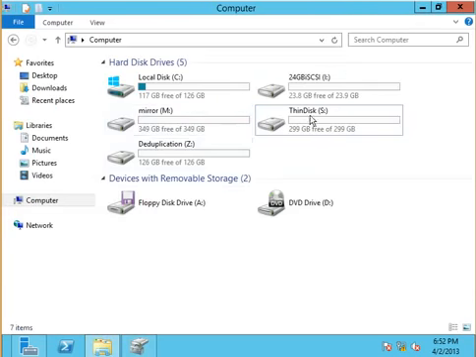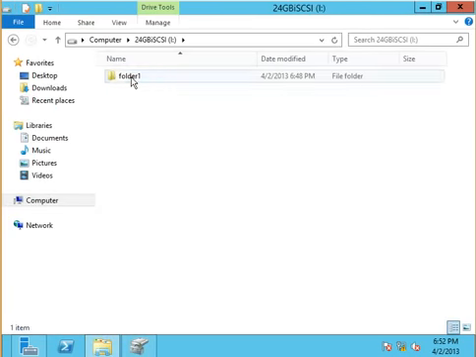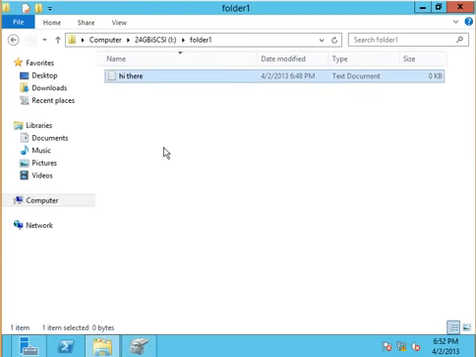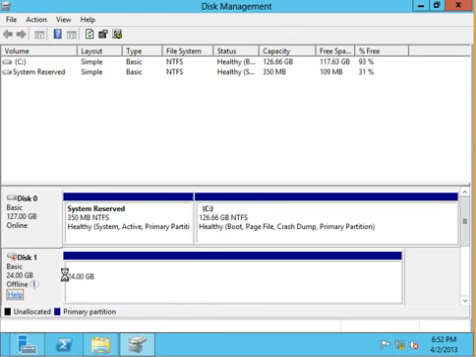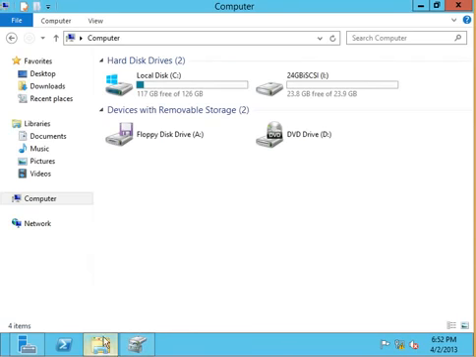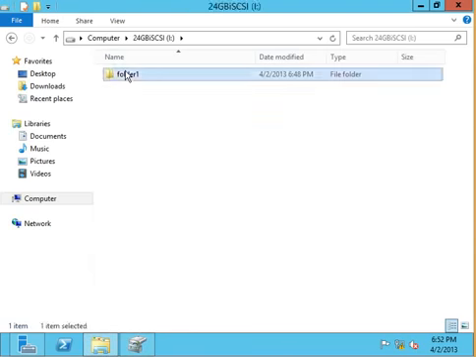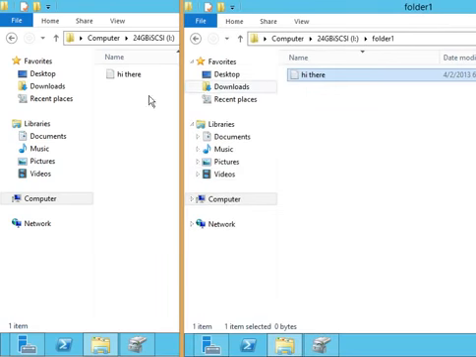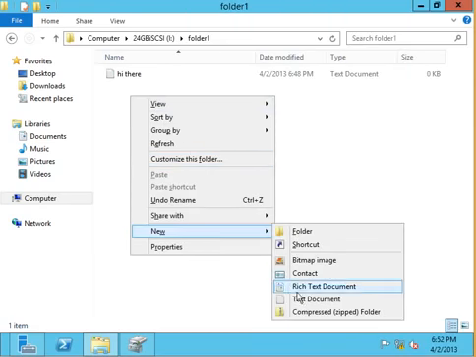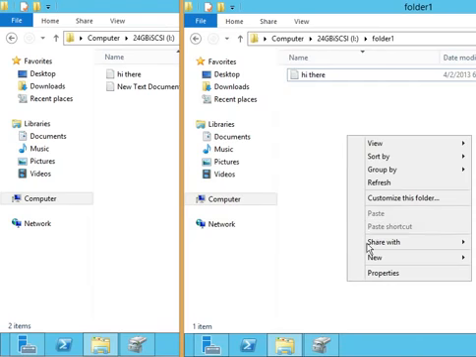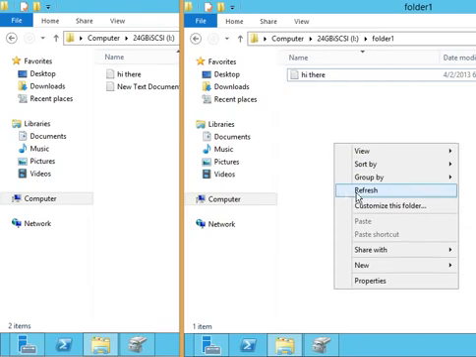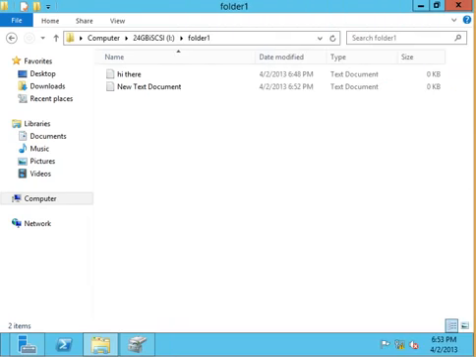And if you'll watch, if I go into iDrive, you'll see that the little folder and the little file that we created earlier is there. So this is truly shared storage. Now, I did offline it on that other server a moment ago. I could theoretically online it here and online it on both at the same time, but eventually we're going to end up corrupting this drive. It's not a good idea to have this online at the same time. You want something like failover cluster to do that sort of thing for you, because eventually you're going to create a corruption in this drive, and